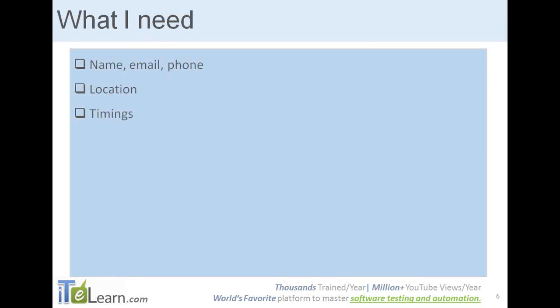Next is, as I said, we would be dividing you all into teams. So I would be needing from your side, when the project starts, your name, your email, your contact number, details, location and timing. Depending on the location and the timings, we would be grouping you as a team so that all would be working in the same timings, whatever is suitable. To divide you all into a team, I would be needing these details from you all.